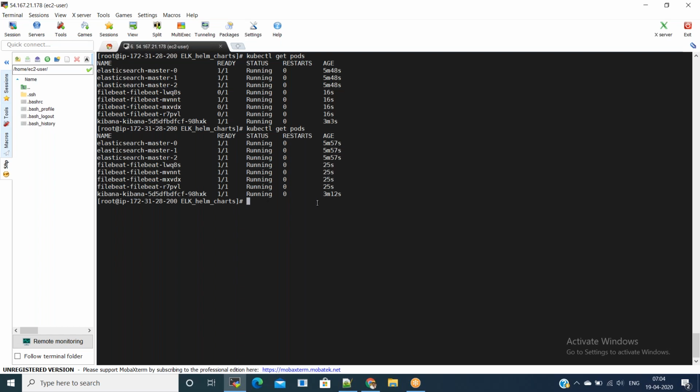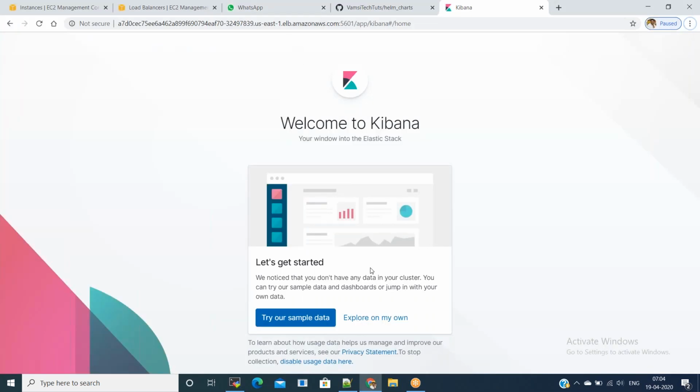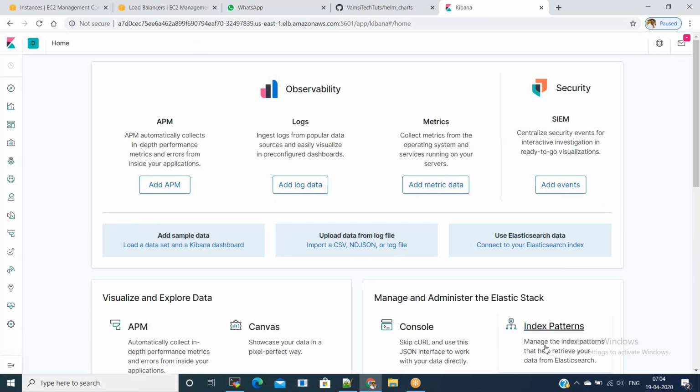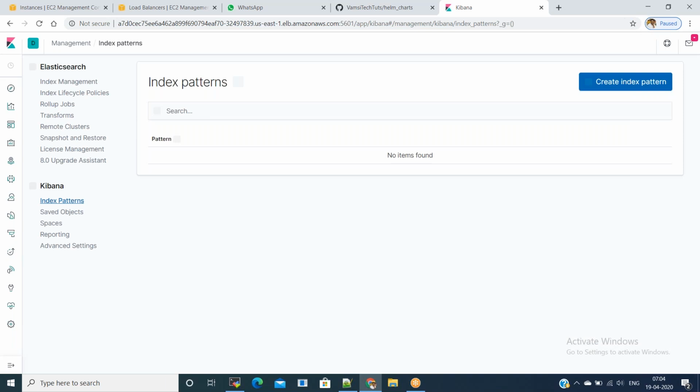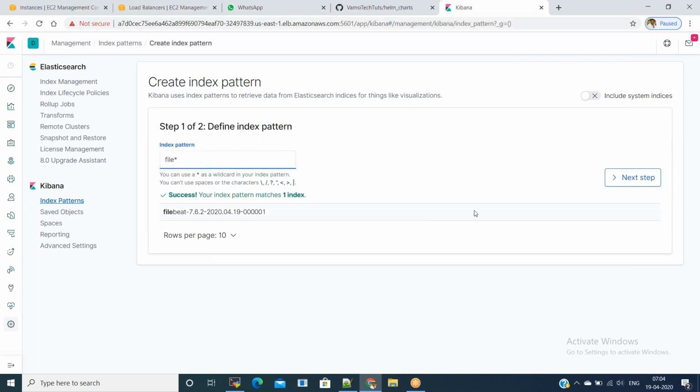We can go to the Kibana UI and see whether the Filebeat data has been loaded or not. Go to explore on my own data and go to index pattern, create index pattern and look for Filebeat. You see Filebeat data is also there.